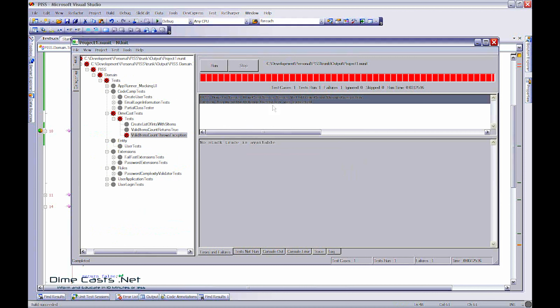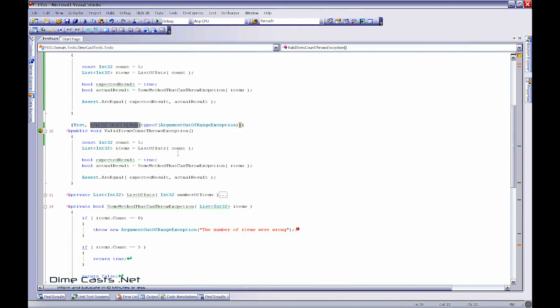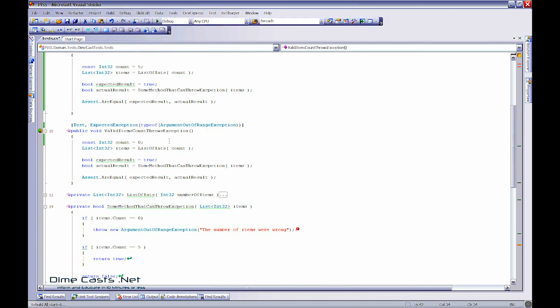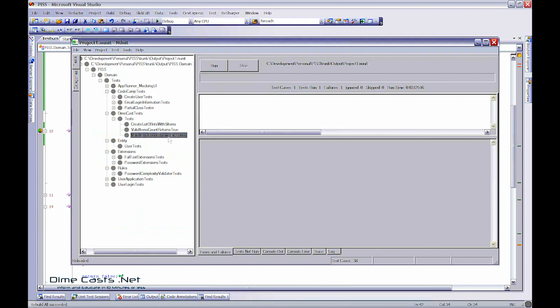not met. Now, let's go ahead and change this to a 0 and rebuild. Let's head back over to NUnit, select this again, and now this should pass just fine because I did meet my exception. Now, one thing that you don't have to worry about is if you are actually going to expect